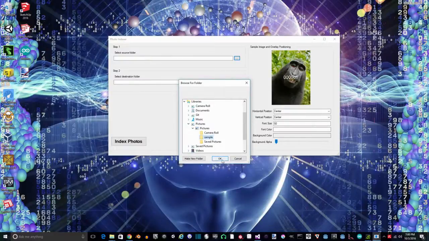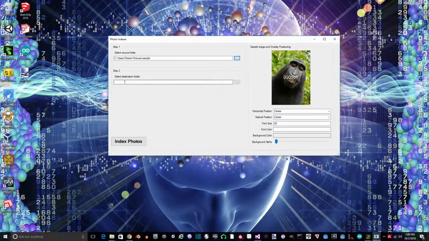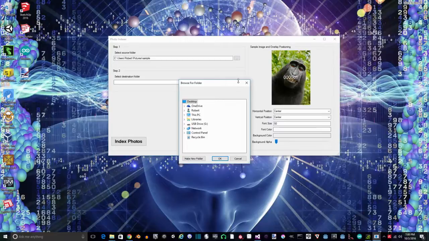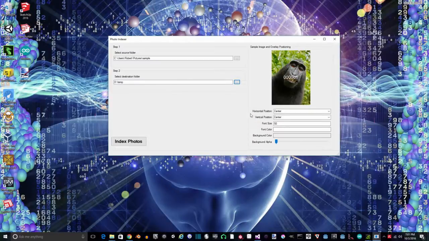So go ahead and select that folder, and then we want to select the destination folder. I have created a temporary folder on my D drive, so that's where I want to put the images when I'm complete. Over here is a sample image, and this simply shows you where the indexer label will be positioned